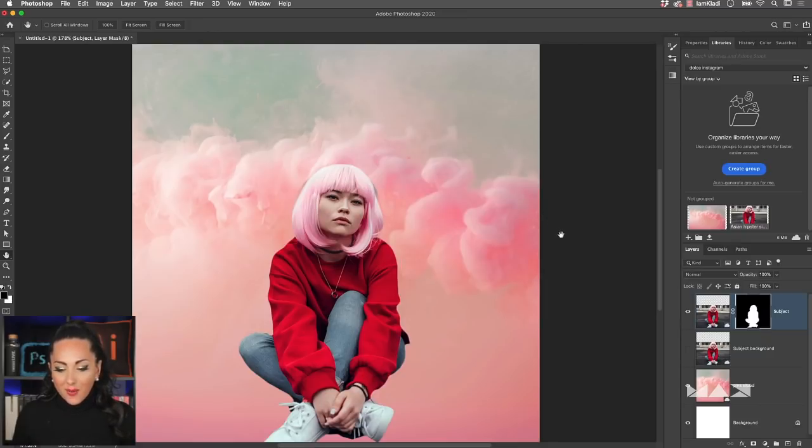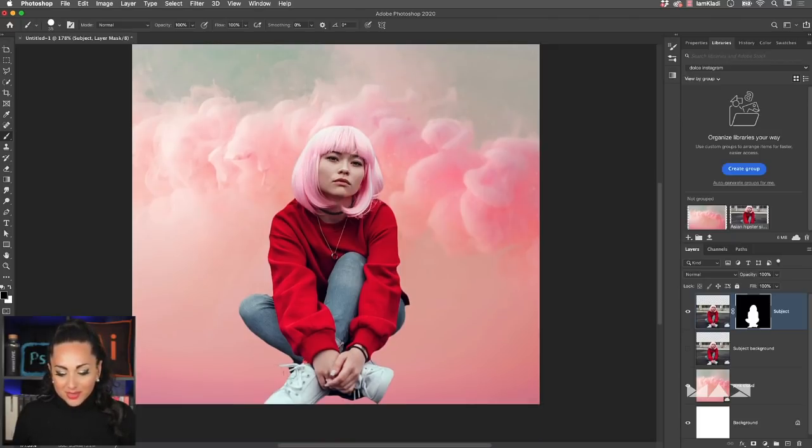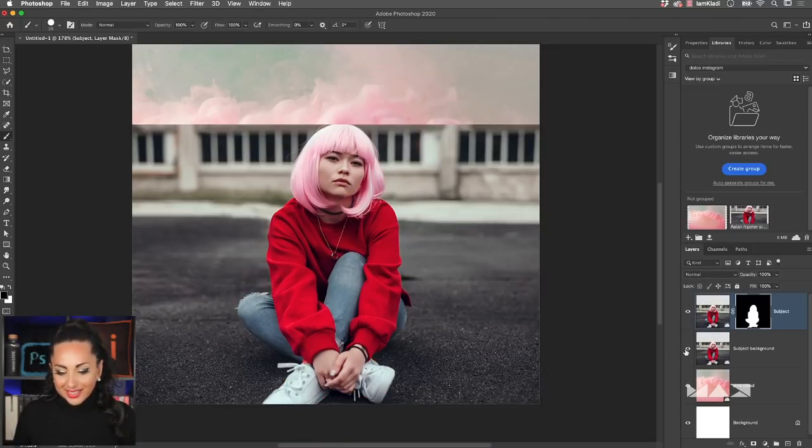And we can go ahead and perhaps refine even further by using the brush tool. Let's press on the letter B on your keyboard to access the brush tool, or you can find it here in your toolbar. Make sure that the color black is selected on the foreground, and all you have to do with your mask selected is to brush the areas that you still want to hide. Just like so, or maybe a little bit on this side. I'm not too worried about the bottom side of the image because we're going to bring it in here with the background in just a second.